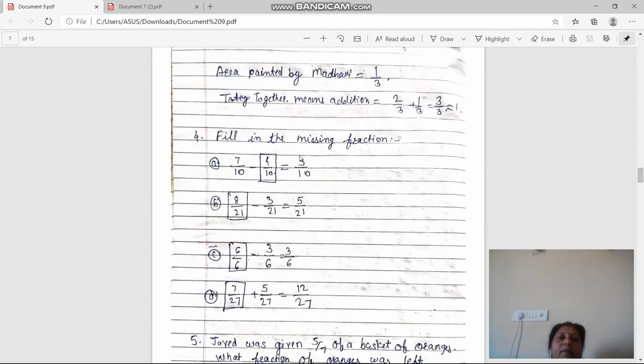Now here, fill in the missing fractions. Okay. So see here, 7 upon 10 minus box is equal to 3 upon 10. So subtraction is done, that means